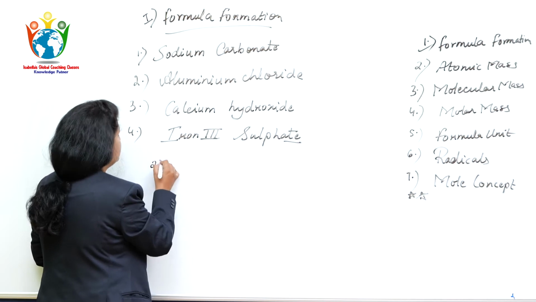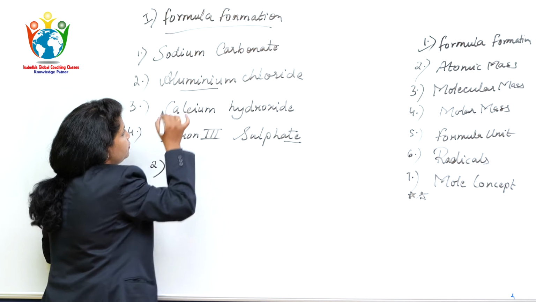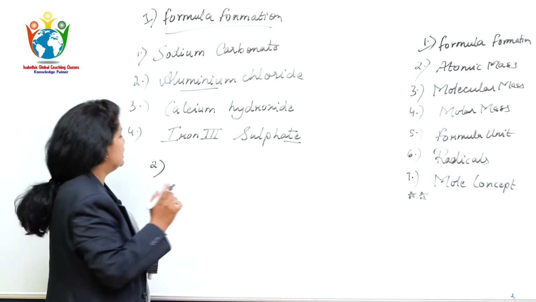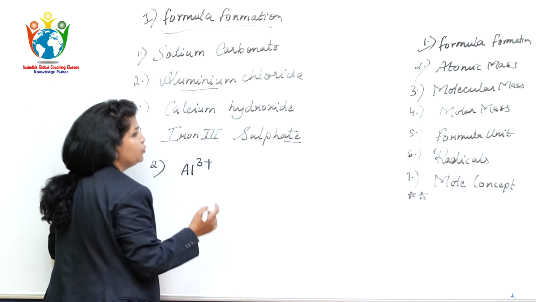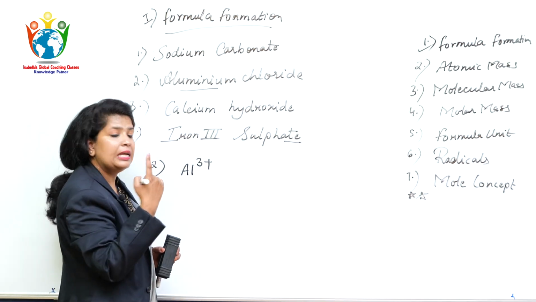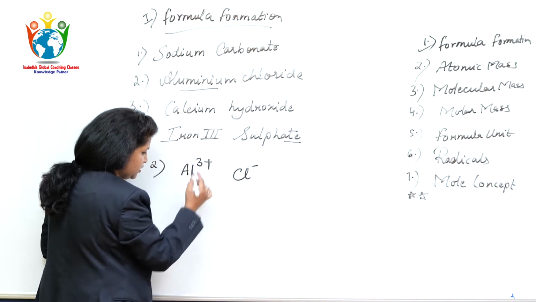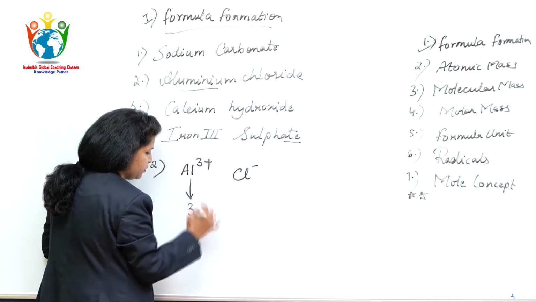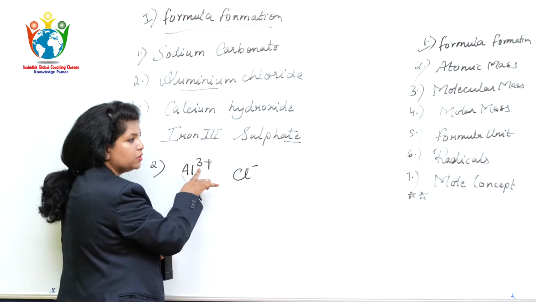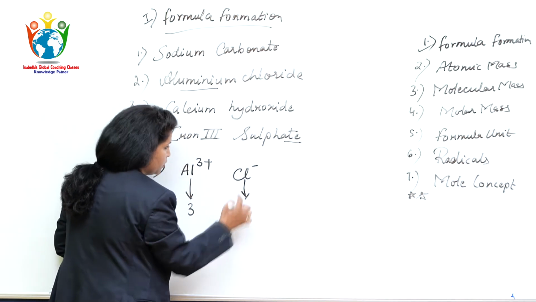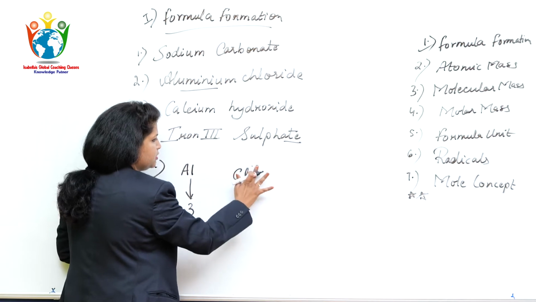Okay. The second example we have is aluminium chloride. You can refer to my table again. Aluminium is Al3 plus. Chloride, you can go to monovalent anions, Cl minus. Same thing you have to follow. How many charges are there? 3 plus. You do not write minus or plus. You just copy down the numerical value. Okay, 1. After that, erase it.